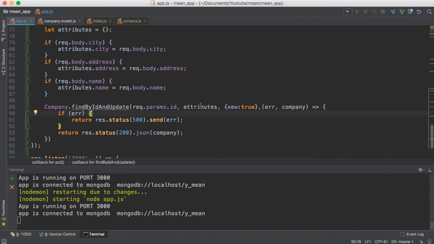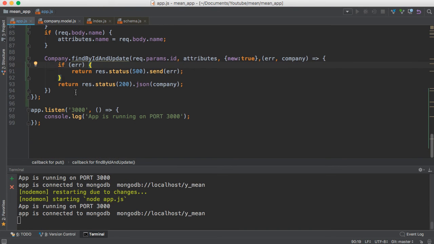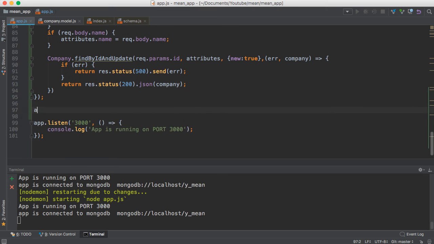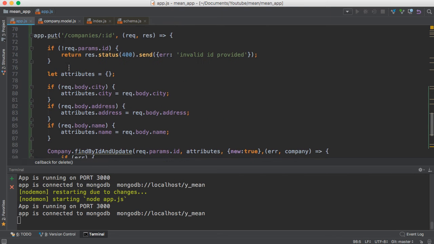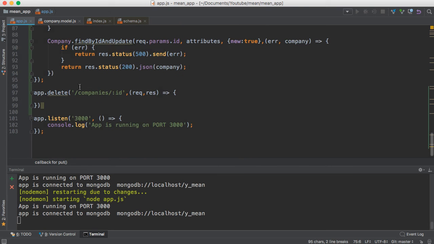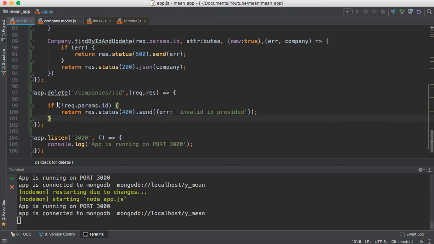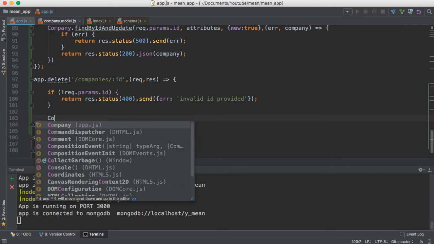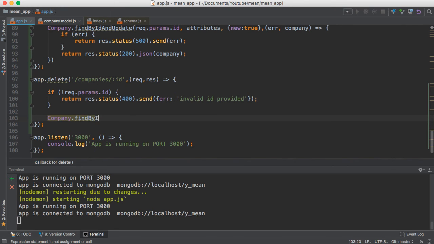Now I want to show you how to delete the company. To delete the company, you have to create the delete route, app.delete. We want to delete the company by ID. Same process. Let me add the validation for ID. There is a method findByIdAndRemove. I'm gonna use this method. It will take the ID,